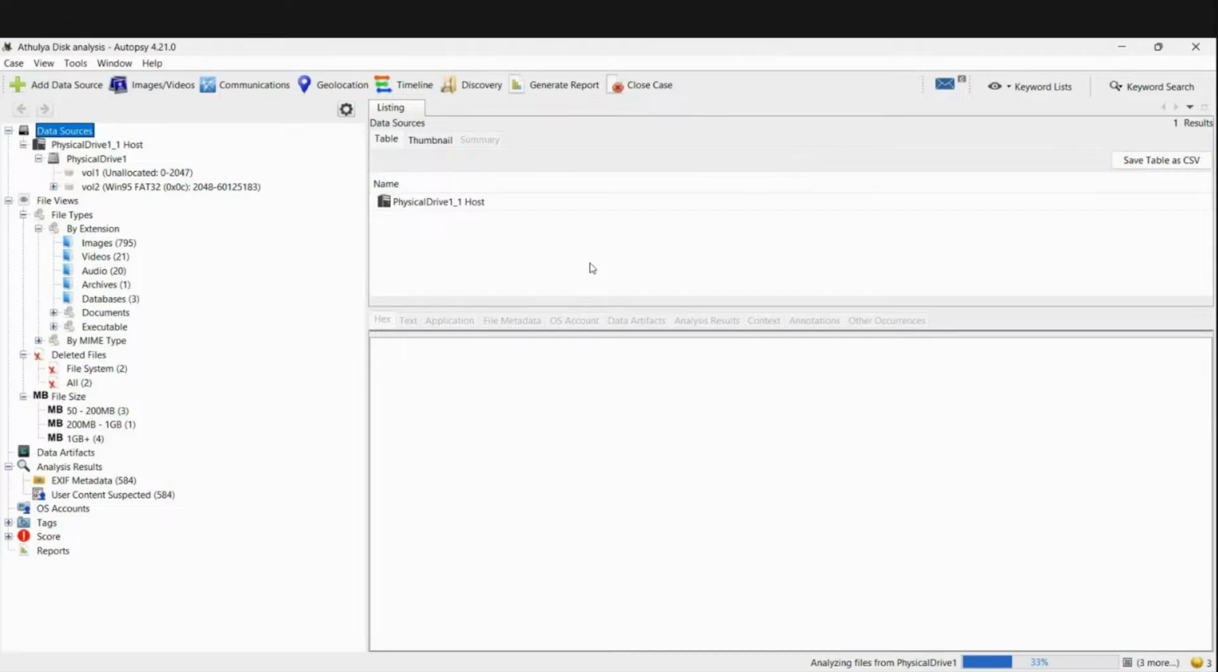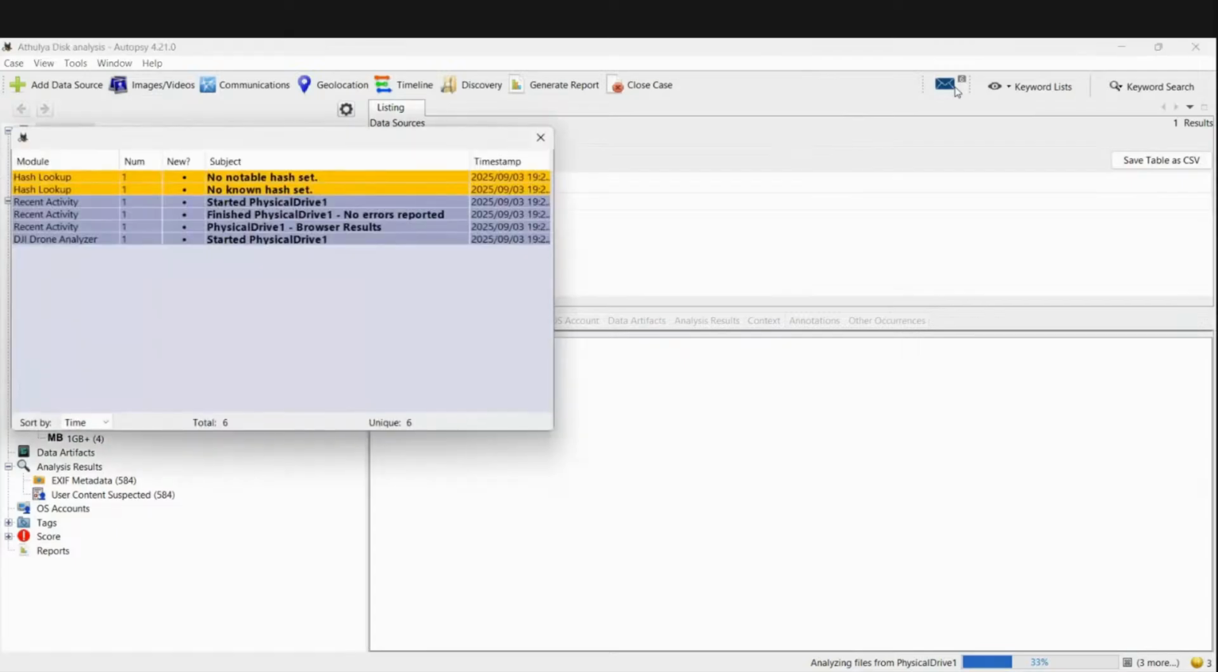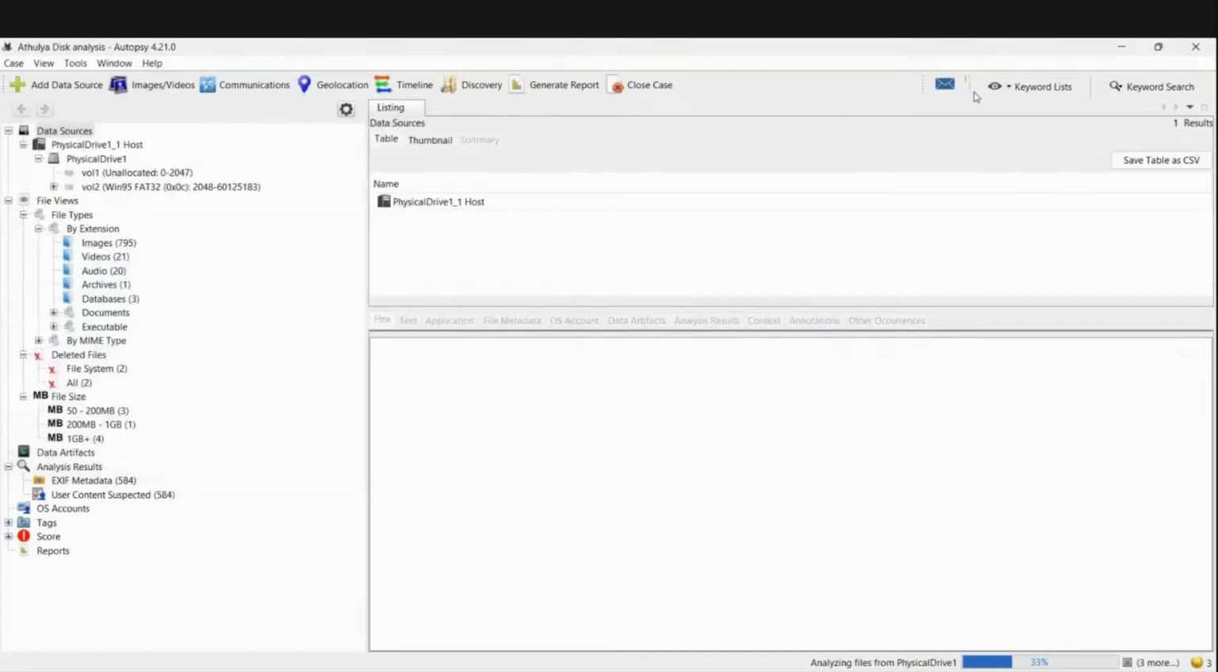But I have to tell you one more thing which is very important. We have some messages appearing over here. These are very helpful. If it is having any issues in extracting some information, it will pop up here. The messages will keep popping up continuously if it is having any trouble in extracting information. Still now there is no red thing that has popped up here. Everything is okay now. Hash lookup, recent activity, everything is good right now. So just check on this